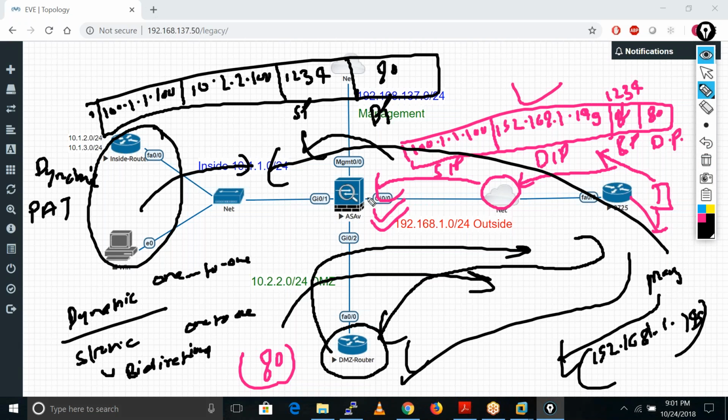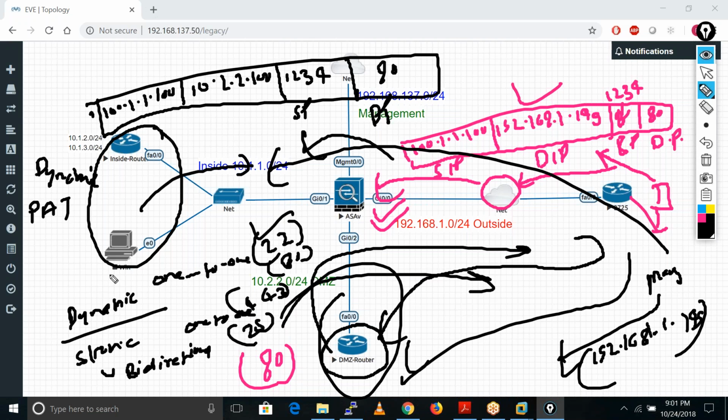So what kind of traffic goes to the DMZ zone? It depends. If we are running services in the DMZ like Telnet or SSH, we can do this kind of translation for SSH. If we are running a web service on port 80, we can do the translation on port number 80. If we are running the 443 service, we can do this. If we are running the SMTP service, we can translate on this port. It depends on what kind of services we have in the DMZ. Clear now? Because maybe in the DMZ we have more than one server.